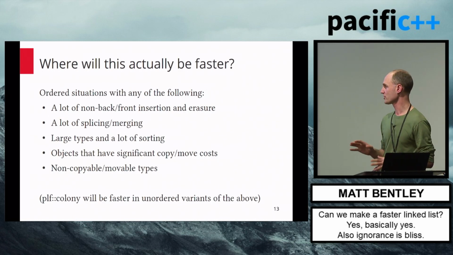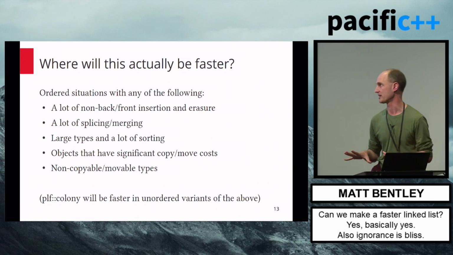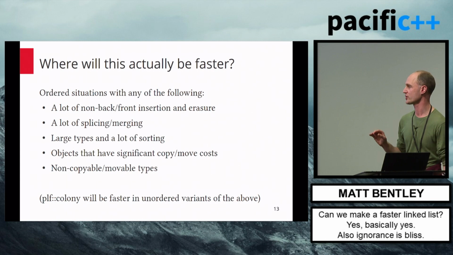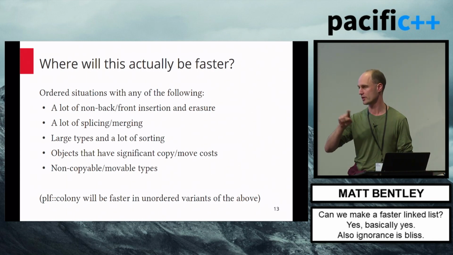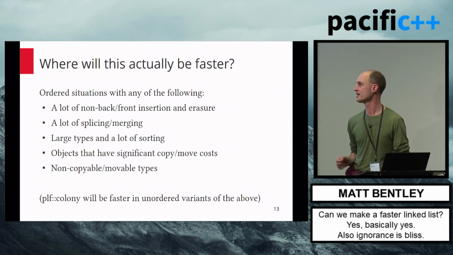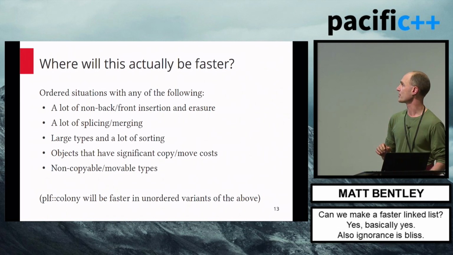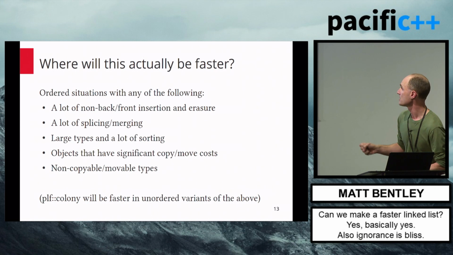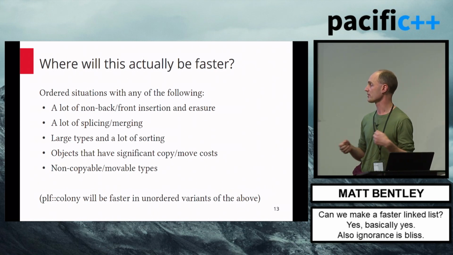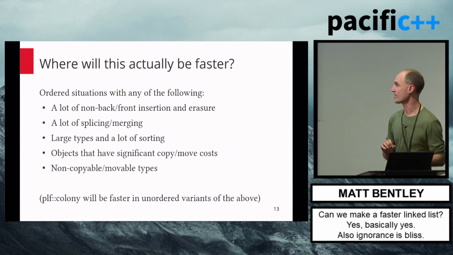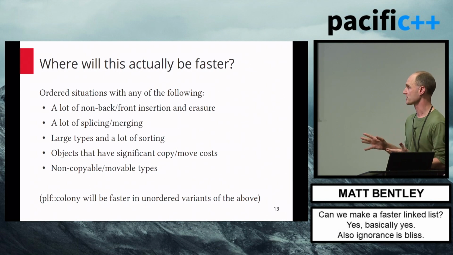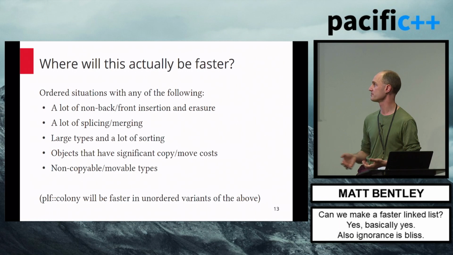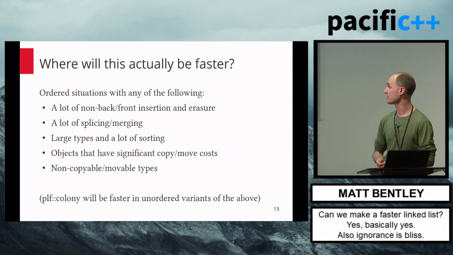So that's all well and good, but where will this actually be faster? So any ordered situation, and when I say an ordered situation, I mean a situation where the order of your elements is important. So when we're iterating, we want things to be in a particular sequence. So any ordered situations with a lot of non-back, non-front insertion and erasure, we've got a lot of splicing or merging, large types, and a lot of sorting, objects that have significant move or copy costs, and they're also useful